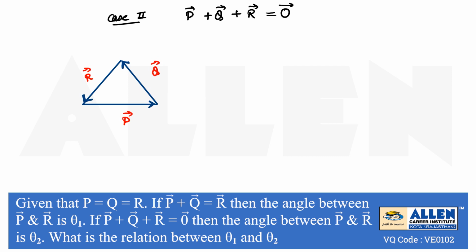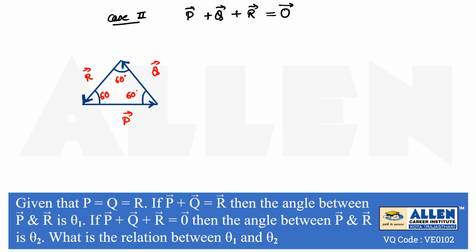We have to draw all three vectors in the same order because we are adding all three vectors, and we can easily see that if the initial and final points coincide, then the summation of all the vectors is a zero vector. The given condition is the same, that P vector plus Q vector plus R vector is equal to zero vector, so the triangle is complete and the initial and final points are the same. Now we will see the angles. Again all sides are equal, so all angles are equal, and each inside angle of the triangle is 60 degree.